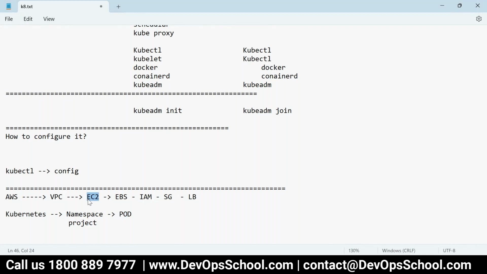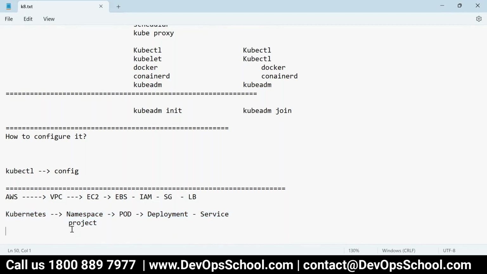It's like EC2 in AWS. Then we have deployment. Deployment has multiple features, but it somewhat correlates to an auto scaling group. And then we have a load balancer, which we call a service. And then you have volumes and all. So all these similar kinds of API resources we have here also.